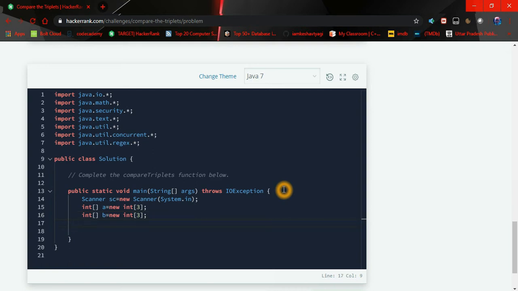Now let's get the input from the user. So for int i equals 0, i less than 3, i plus plus.